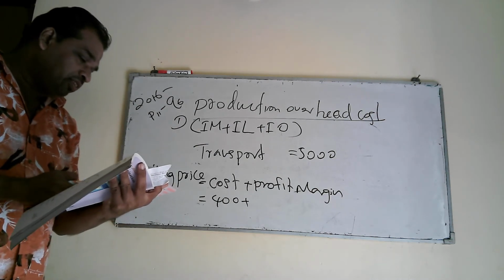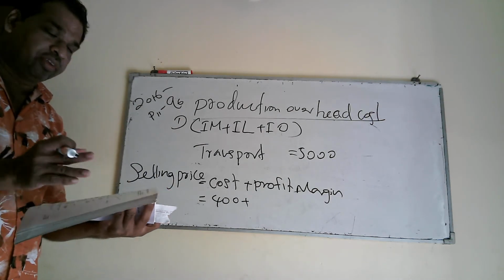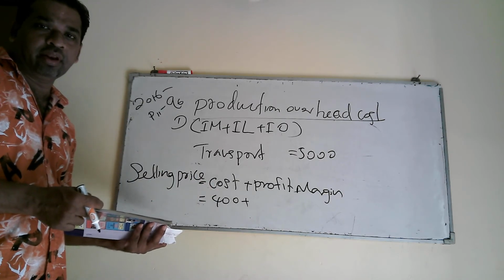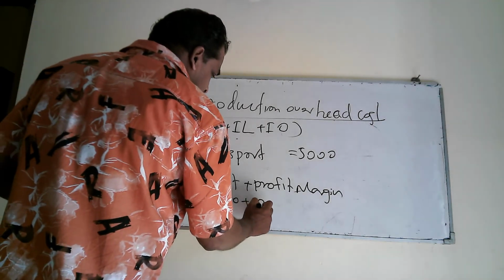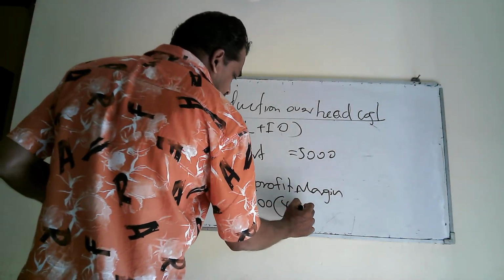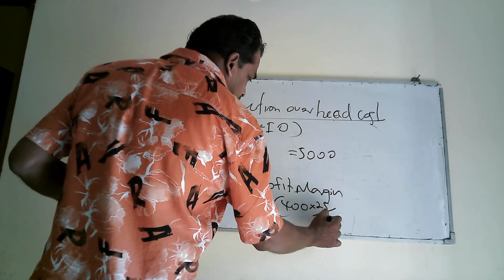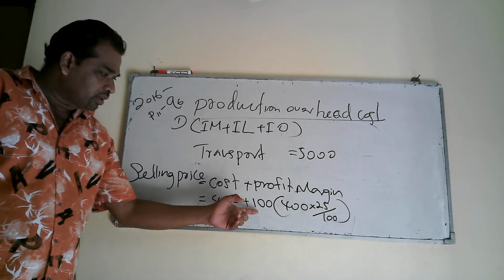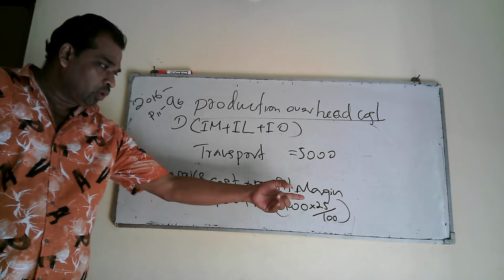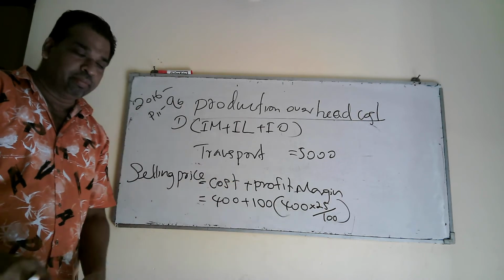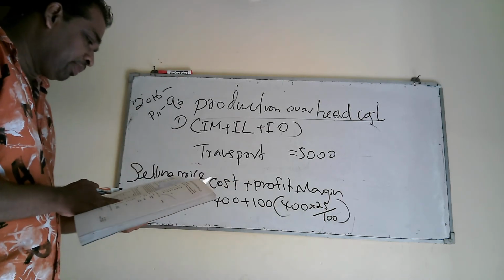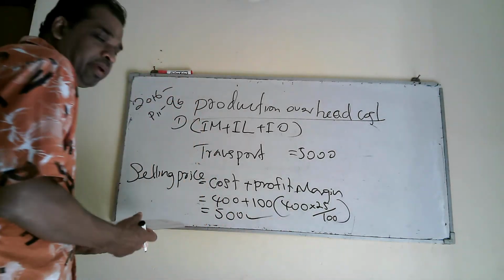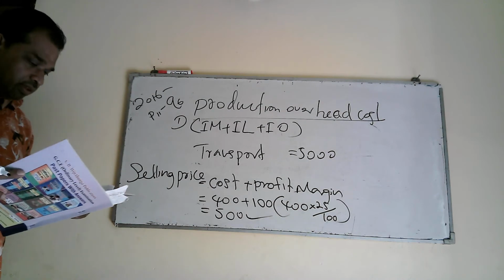Then you are asked to take 25% from the cost. Here 400 rupees per unit. That is the unit cost. Then you take 25%. 25% equals 100. That is 400 into 25%. Like this. Okay? You take 1/4 of the unit cost, that is equal to 100 rupees. That is how you can calculate the profit margin. Then as we are asked to find the selling price, you add these two. Selling price will be 500 rupees. Right? That is the answer.